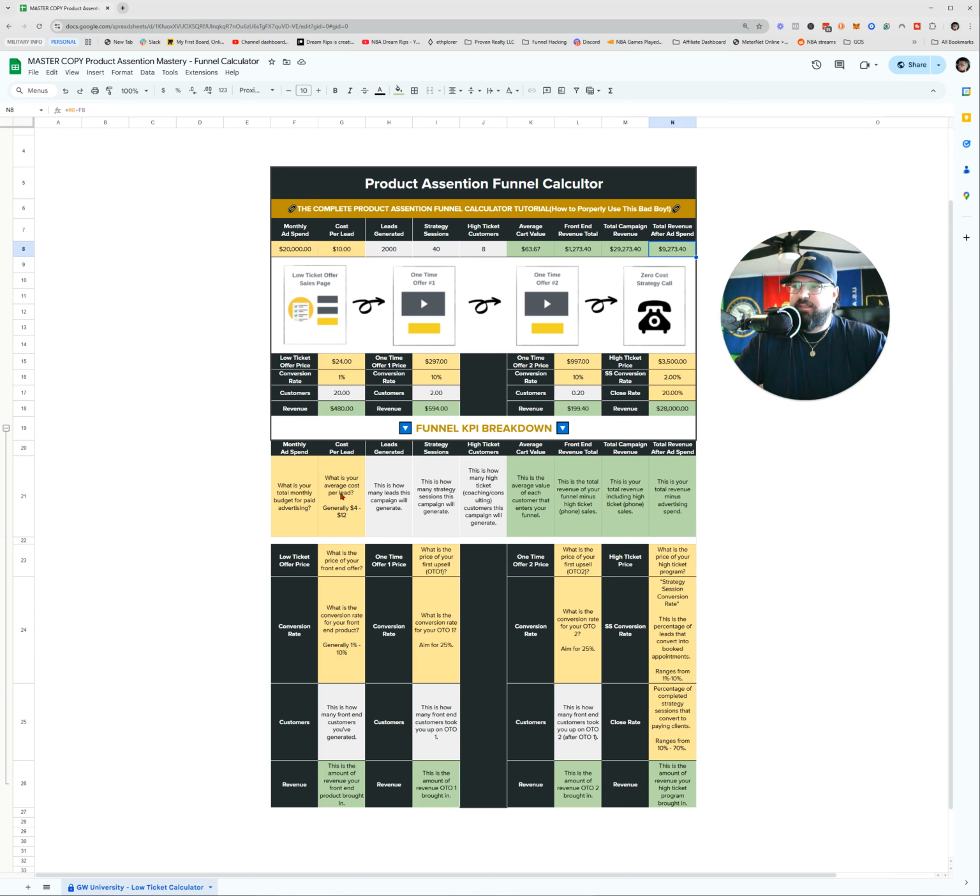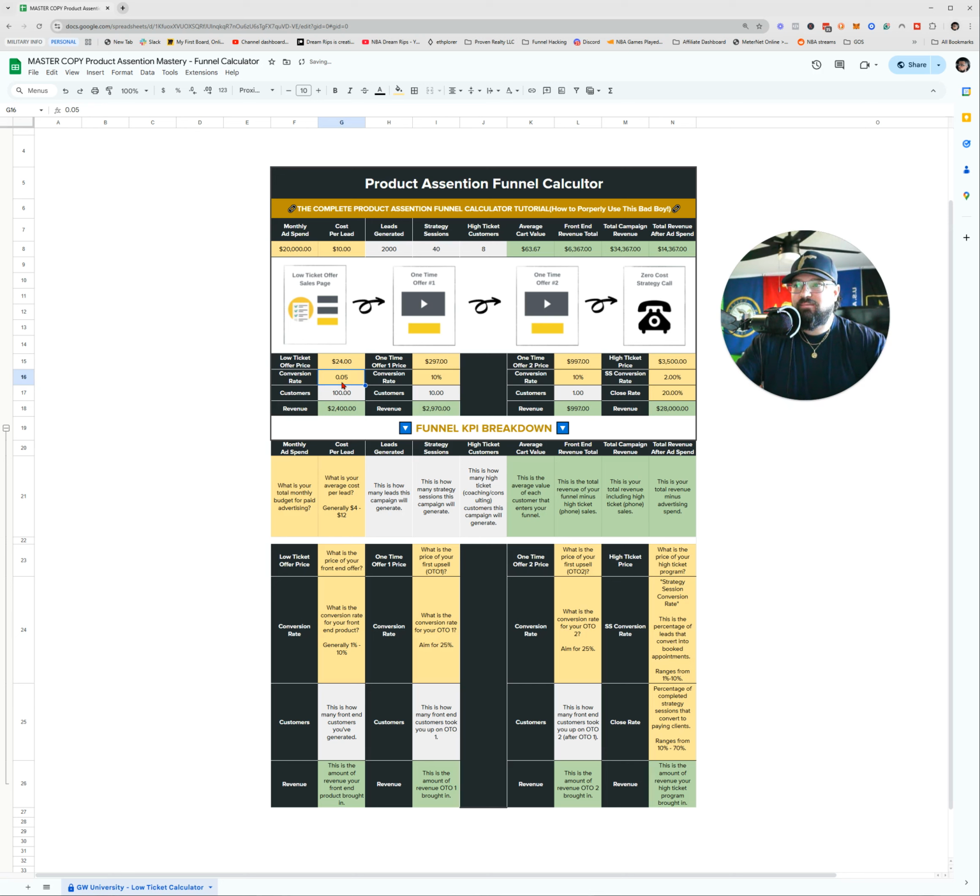So anyways, I digress. Down here, this is going to give you everything you need to learn and understand each of these sections here for you. And it's going to give you some general places to aim, where does the metric need to be. So when you and your team are going back and looking at the funnel and you're trying to look at your front end conversion rate and you're getting